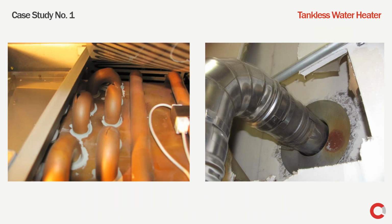And I would like to present a few case studies which were interesting, and they were all related to freezing. In case study number 1, we are talking about an instant heater, and as you can see, 2 of the coils exhibit ruptures. The problem with this instant heater was that it was installed